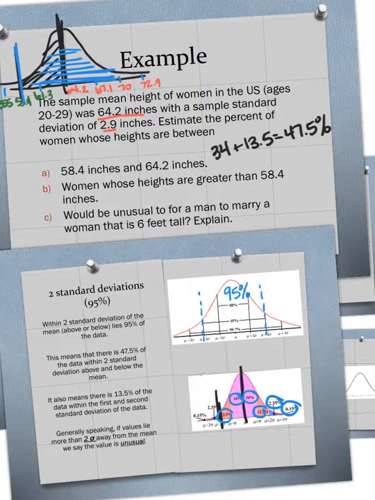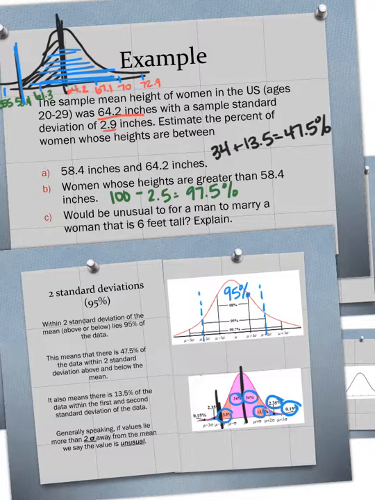So how can we find this by that method? We know this is 100% minus 2.5, which is 97.5%. And if you add up 13.5 plus 34 plus 34 plus 13.5 plus 2.35 plus 0.15, you're also going to get 97.5%. The next question says, would it be unusual for a man to marry a woman that is